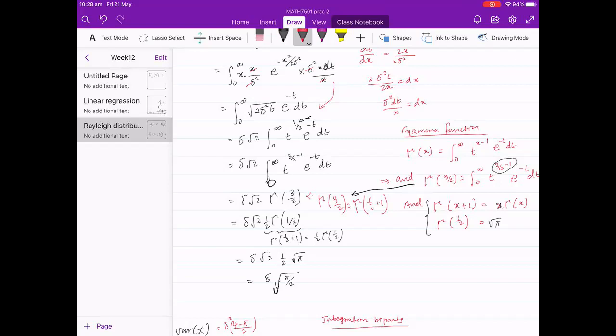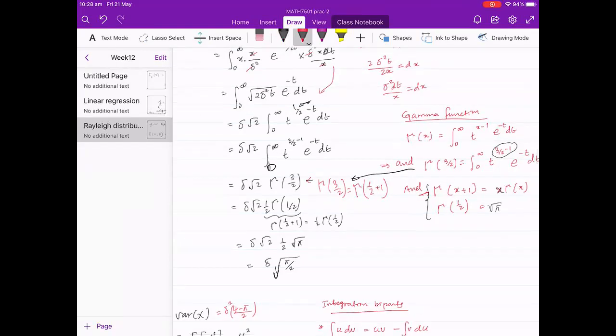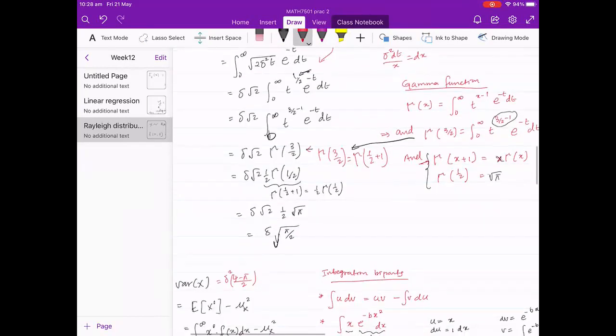So using this property, this is really half times gamma of half, but I know that gamma of half is square root of pi. So substituting, I got sigma square root of 2 times half square root of pi, which simplifies to sigma square root of pi over 2. Okay, is that